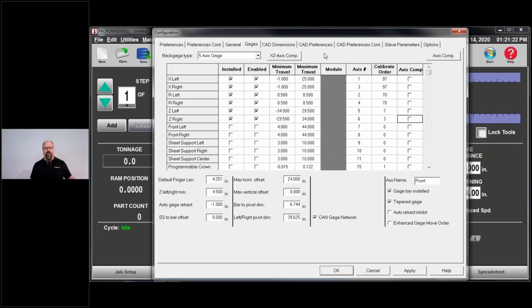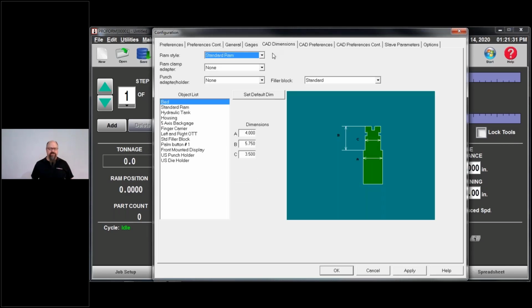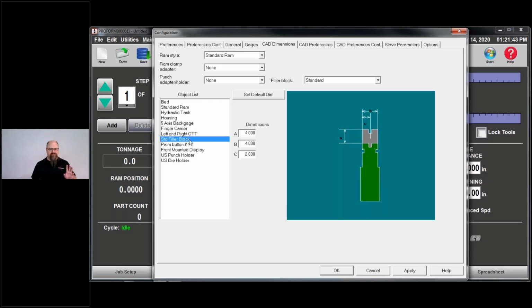Again, as an offline programmer, this is coming from the software, so you're not going to generally look for these, okay? CAD dimensions, again, these come from your machine. The one thing I will point out, in some of our older software, when they enter these values, what I have discovered is these A, B, and C values may not have been entered exactly correct. Now, A is critical.